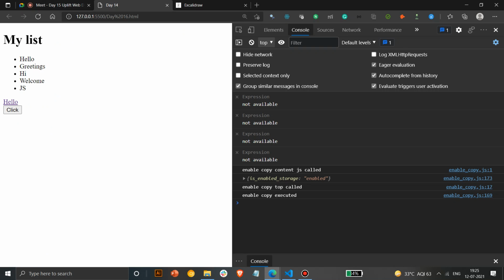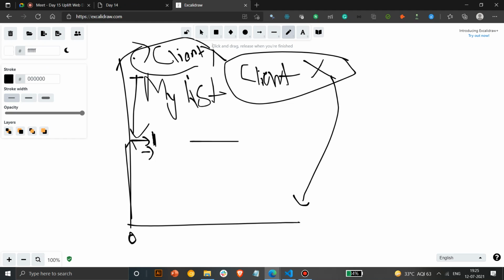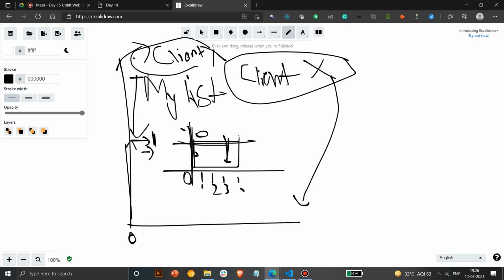But what offset does is, suppose I have taken a button, it will take the element, this button, as the 0 axis. It will take this as 0 0 and start calculating values from here. You can check this out, and it will tell exactly what y-axis and x-axis values are present. It will take this as 1 2 3 4 and so on. That's why if you click here, it will show 0, and if you click here, it will show 42. Here it gives a value of 0, and here a higher y-axis value, something like 20.